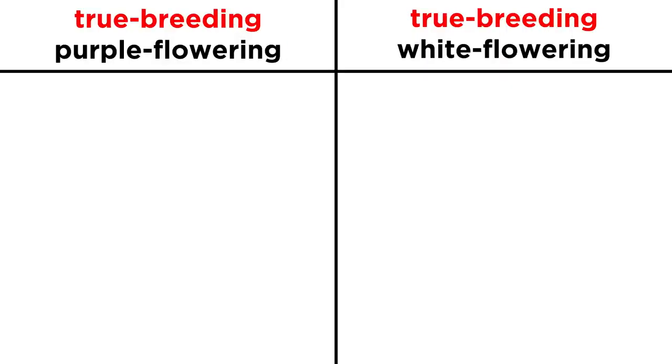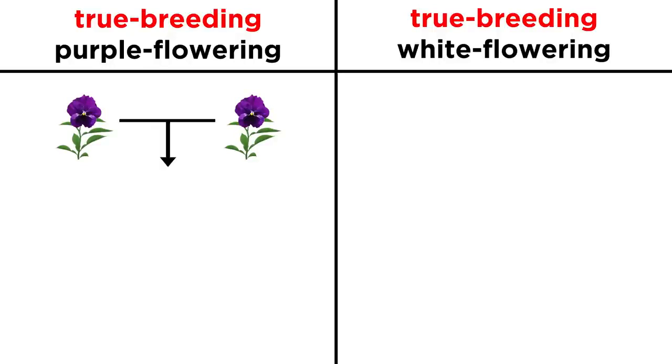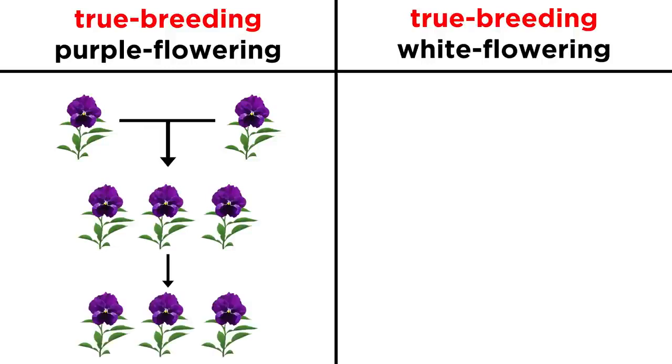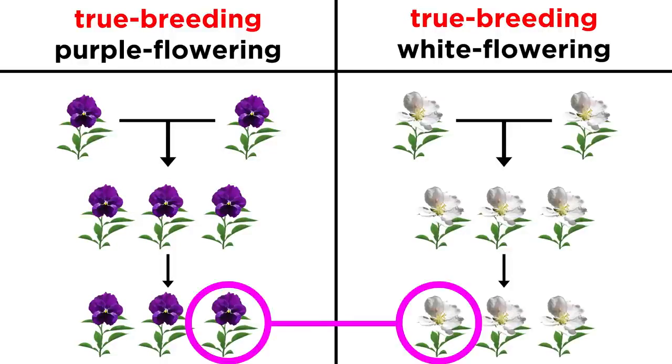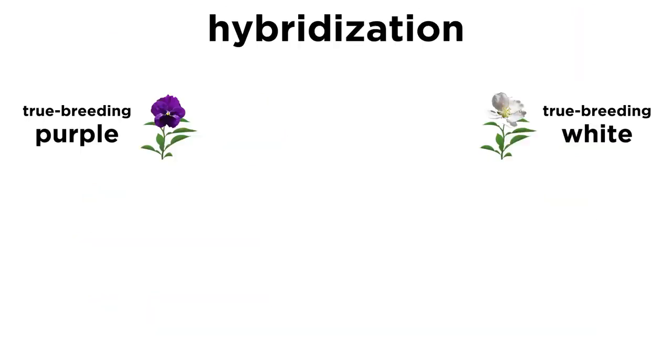Some plants were true breeding with respect to a particular trait, meaning that some plants with purple flowers, when self-fertilizing, gave generation after generation of entirely purple flowering plants. The same goes for the plants with white flowers. So this meant he could breed true breeding white flowering plants with true breeding purple flowering plants and see what happens. This kind of process is called hybridization, and we can call the two true breeding plants the parental generation,